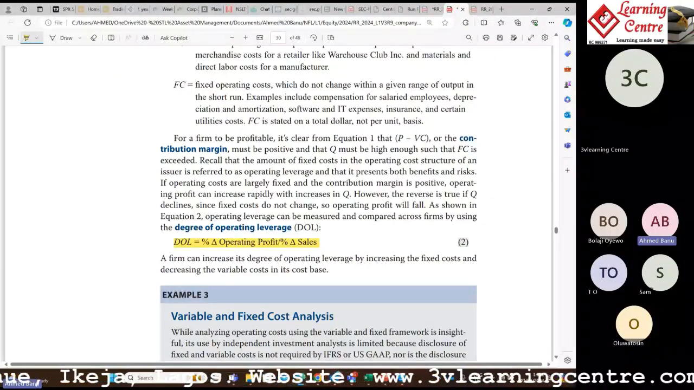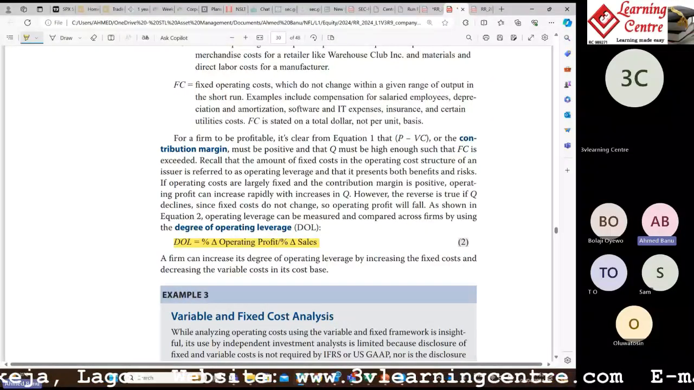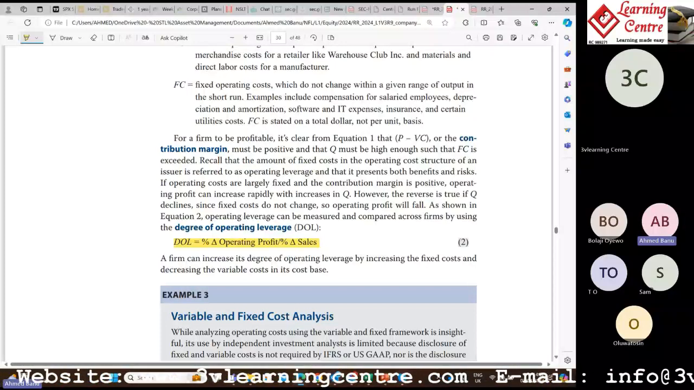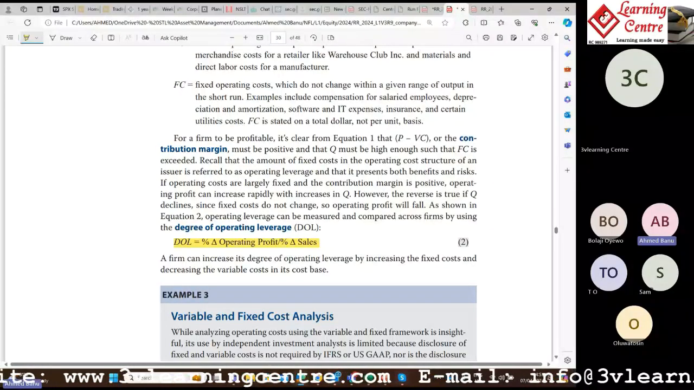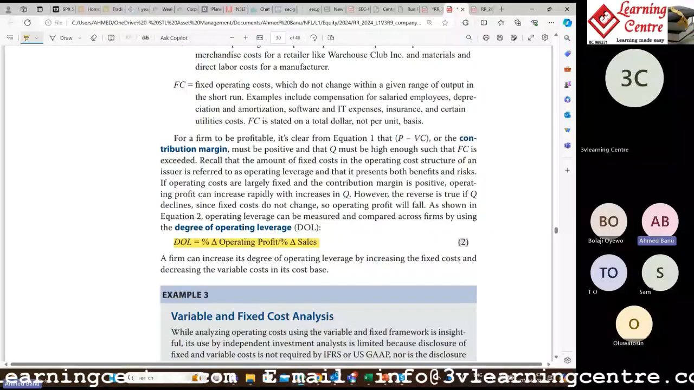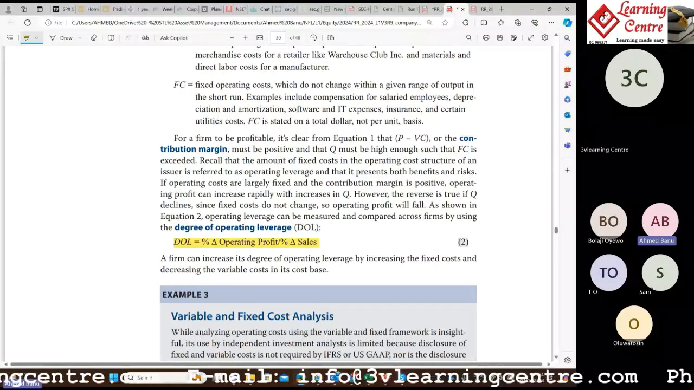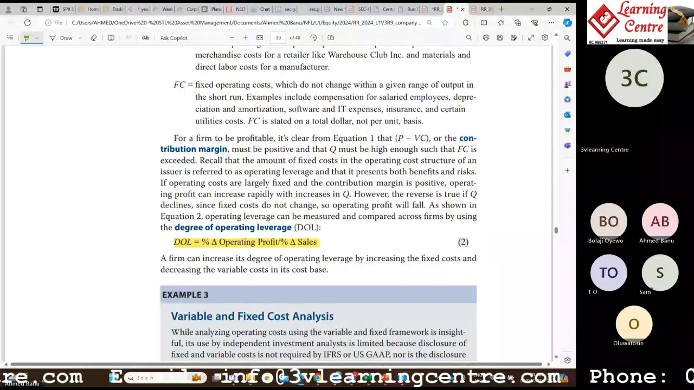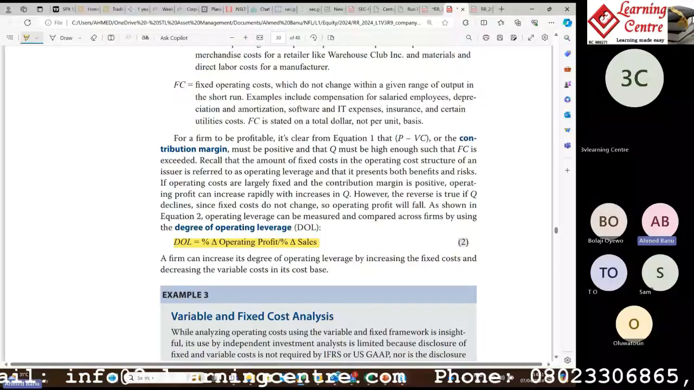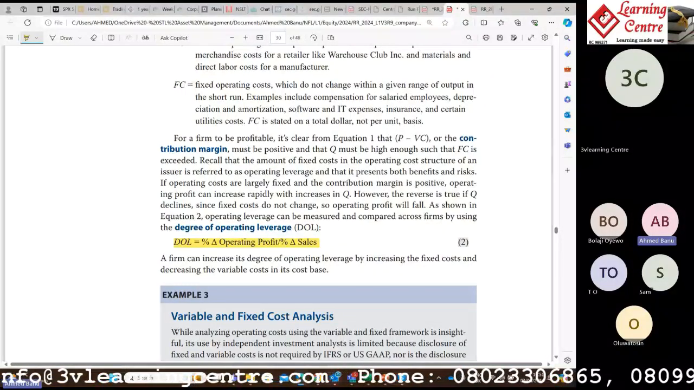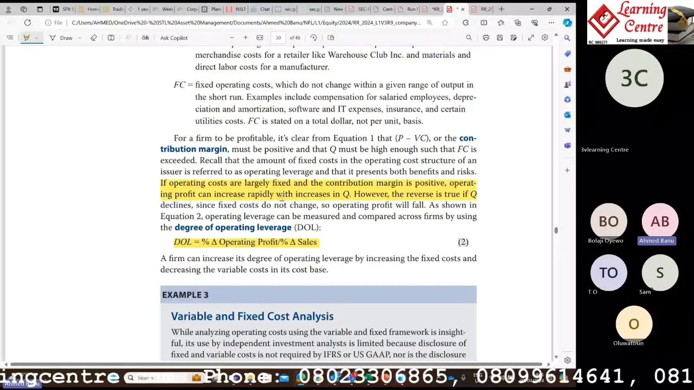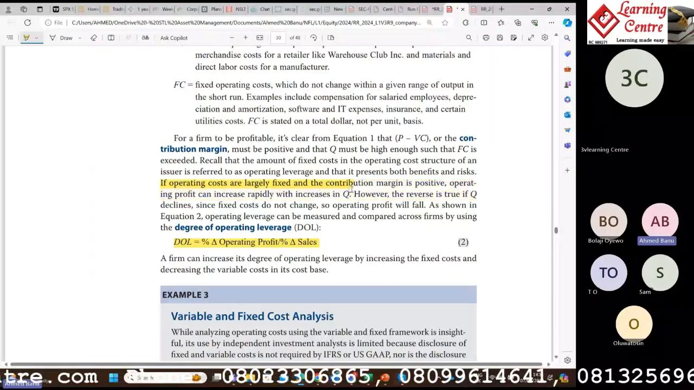Recall that the amount of fixed cost in an operating cost structure of an issuer is referred to as the operating leverage, and that it presents both benefits and risk. If operating costs are largely fixed and the contribution margin is positive, operating profits can increase rapidly with increasing quantity. So this is the key part. So what we're saying here is